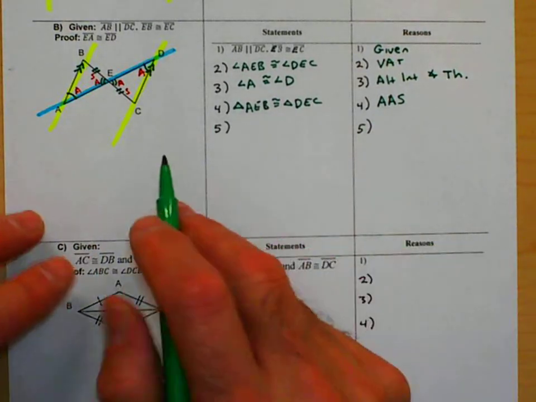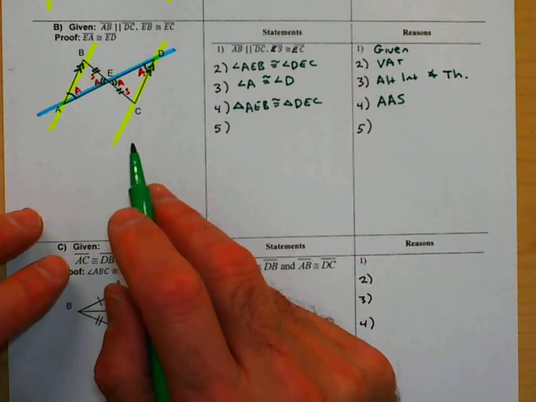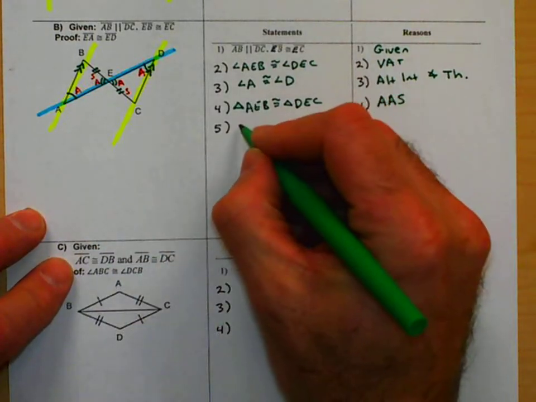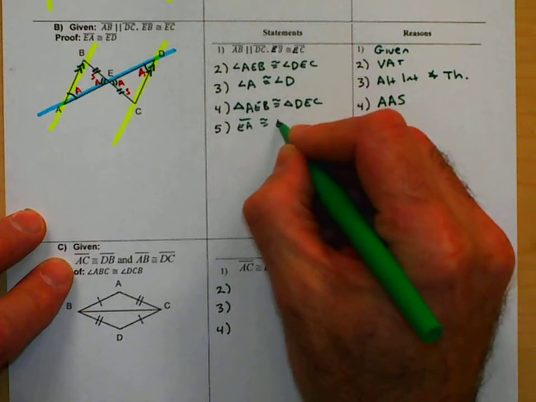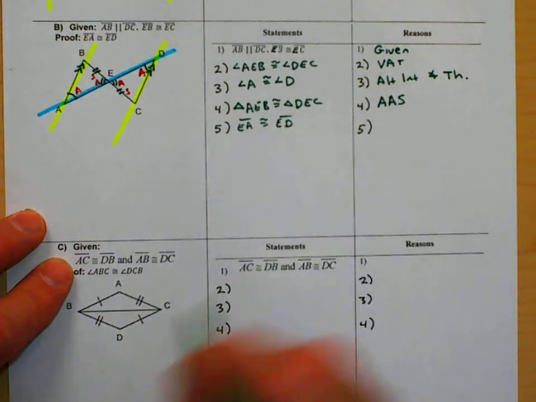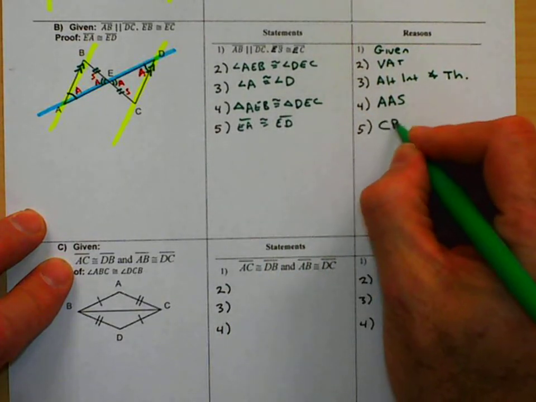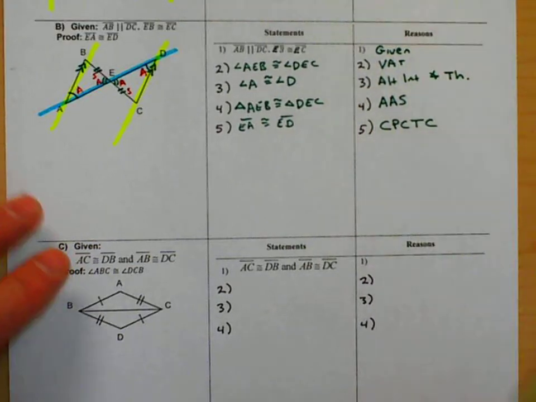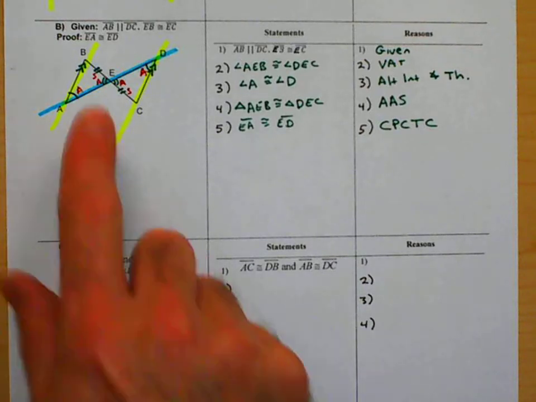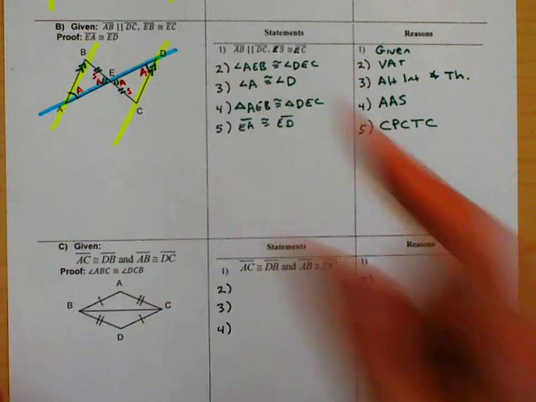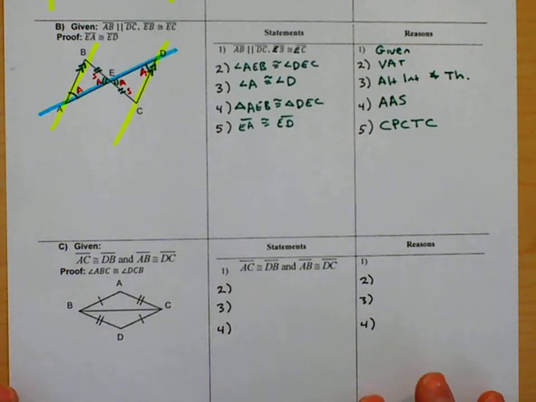Now, I can further say that EA is congruent to ED by corresponding parts of congruent triangles are congruent. And we're good to go. So that's that proof. Got the triangles congruent, then we use CPCTC to get that other side congruent. The next one,